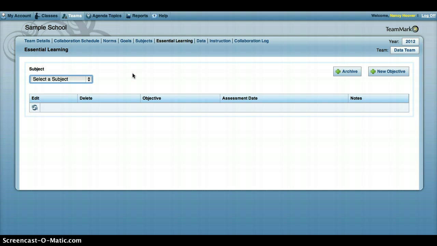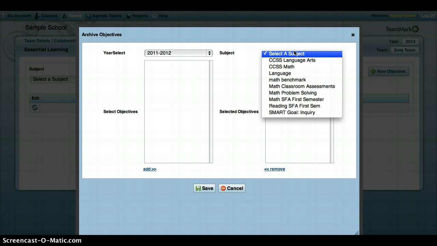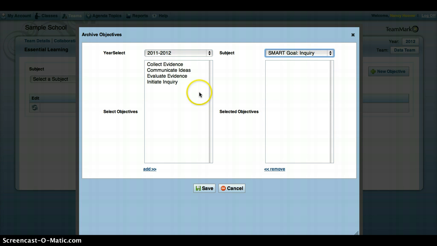If you're a returning user and you are using the archive feature, this is a really slick way to populate both your subjects and essential learning objectives. You can access previous year's information. So we'd go to the 2011-2012 school year. We would choose a subject that we had created last year. Maybe it's for our SMART goal. We have a SMART goal that we titled Inquiry. I'm going to select that subject, and you can see these are the essential learning objectives that we had selected for last year's SMART goal